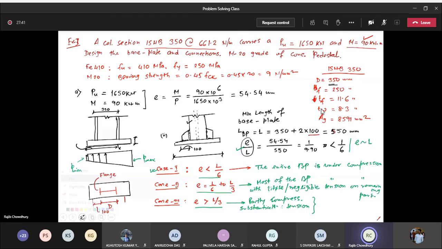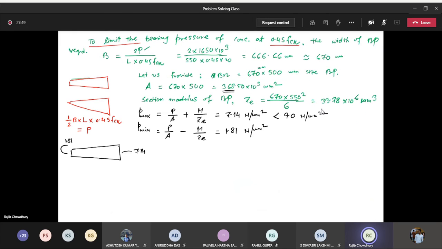Now in between, if you look into the previous slide, in between I had marked certain things over here, that, let's say this is considered a critical section. Okay, so now the thickness of the base plate with respect to this critical section will be coming over here. So if I go this way, the thickness of base plate, so this should be my objective to calculate.